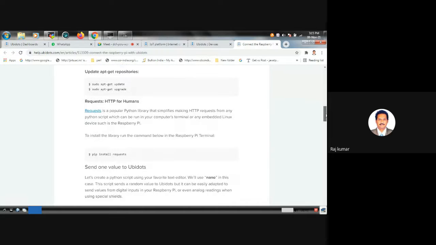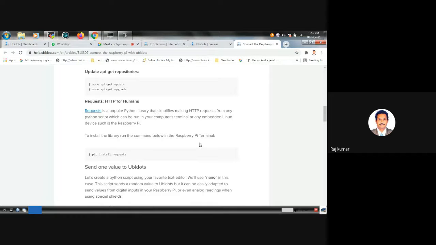Here you have to install requests, pip install requests. Requests is especially for HTTP. HTTP always works on a request and response model. The user will be requesting something and will get back the response, client to server, like that.